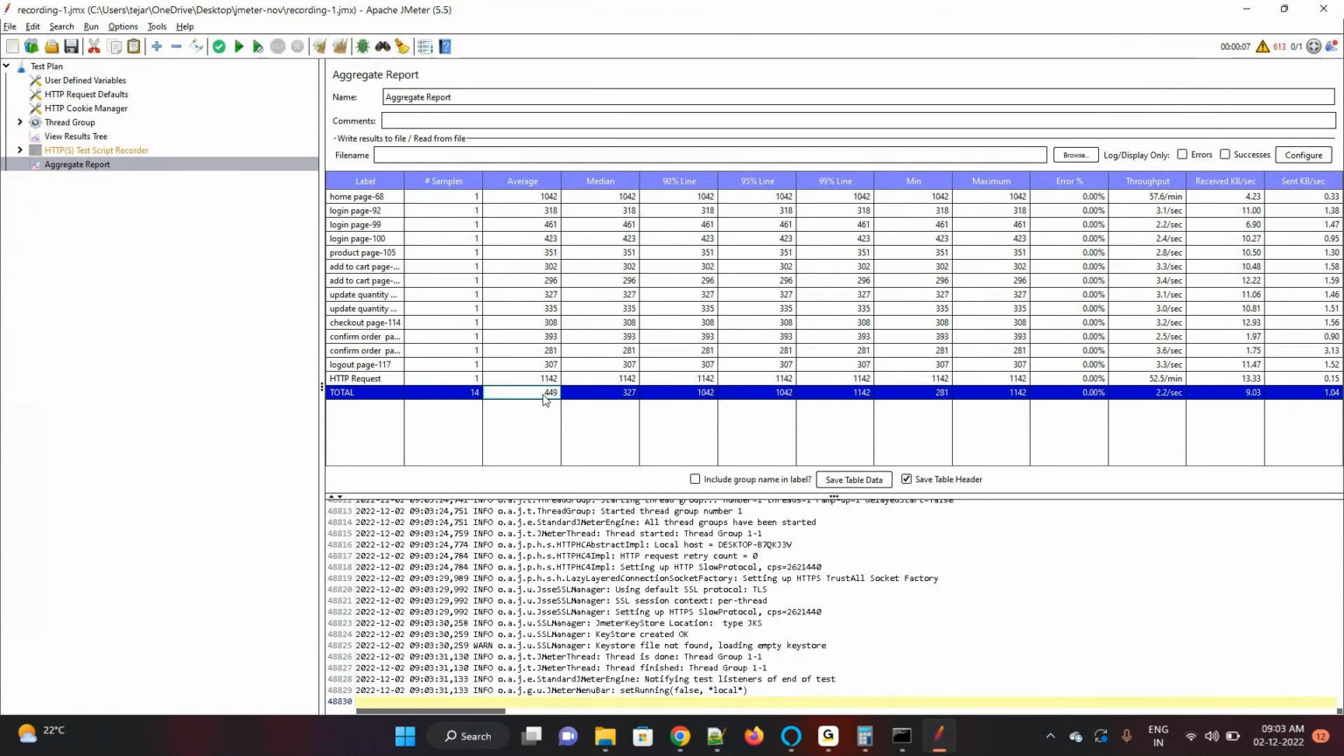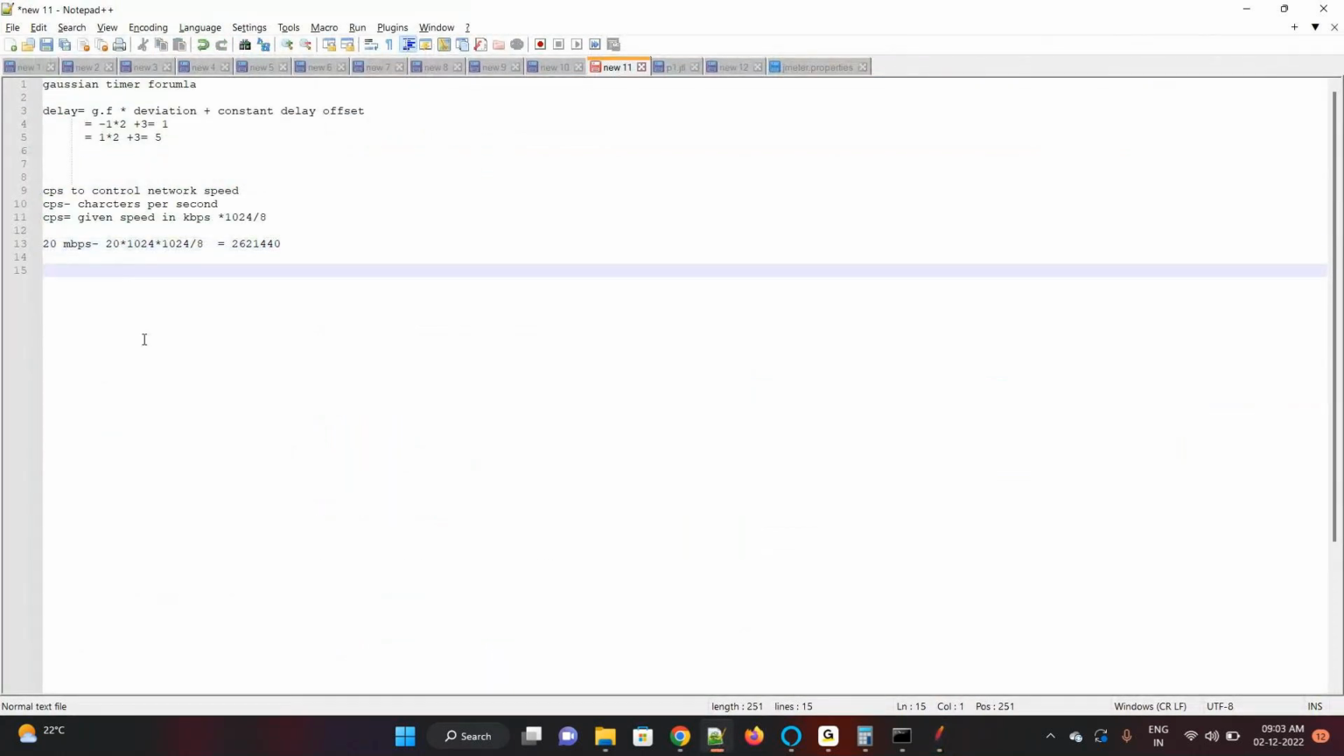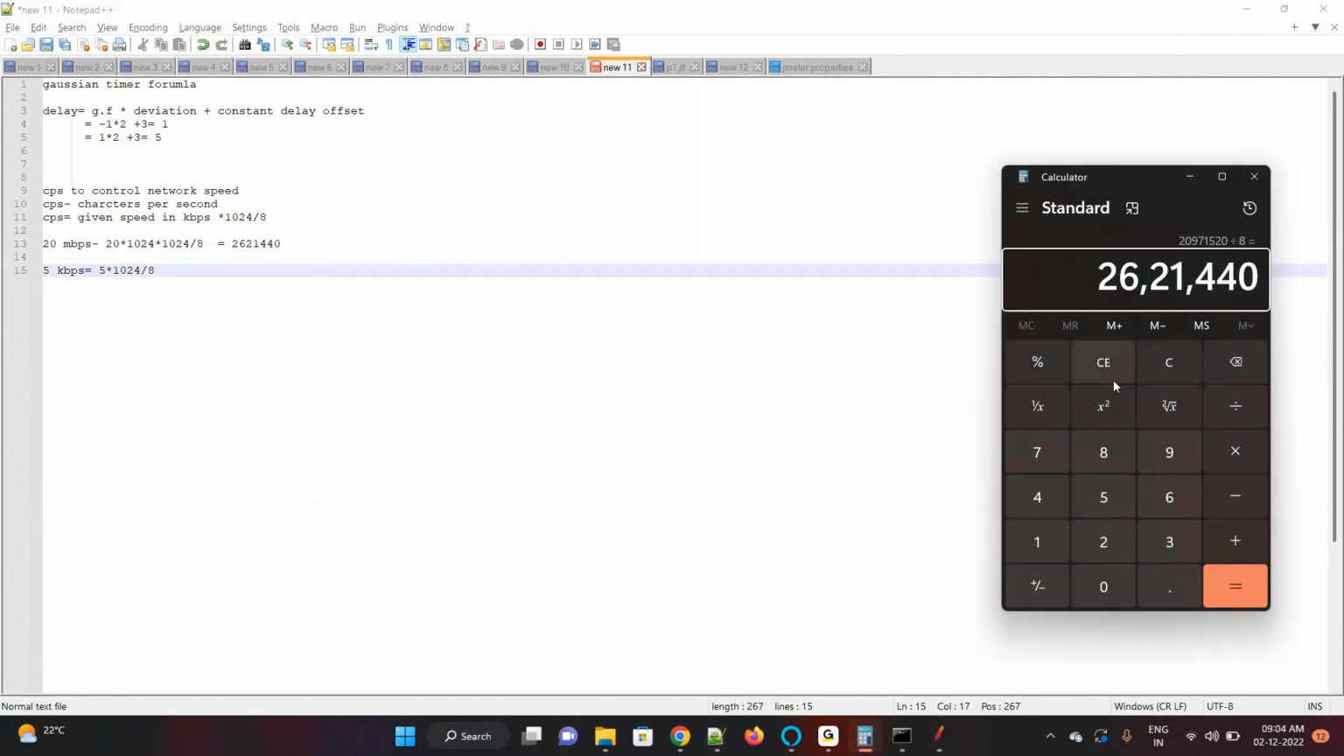Now what we'll do, we'll reduce it to 5 kbps, very low, right? So what is 5 kbps? Tell me, Sheila, how to get the value? 5 into 1024 by 8. Wait, because it's already kbps, no? Yes, we don't have to multiply by 1024. So 5 into 1024 divided by 8 is 640. If I give 640 and run,